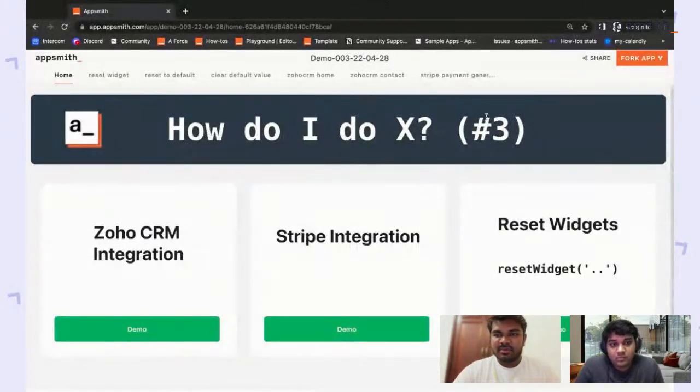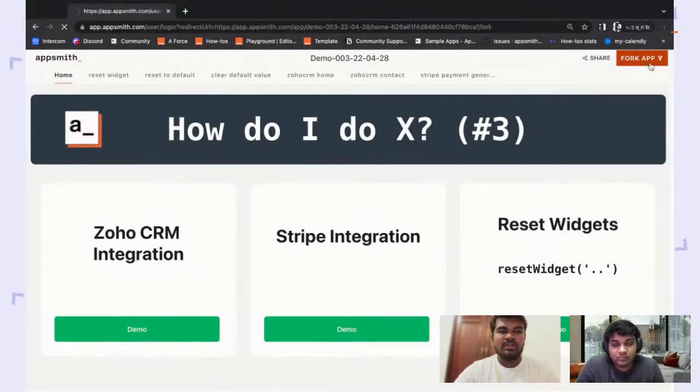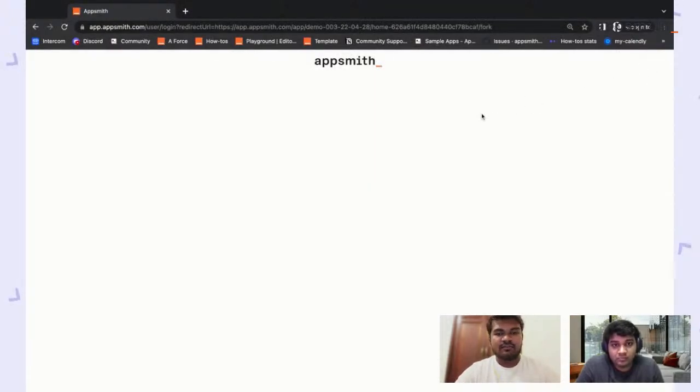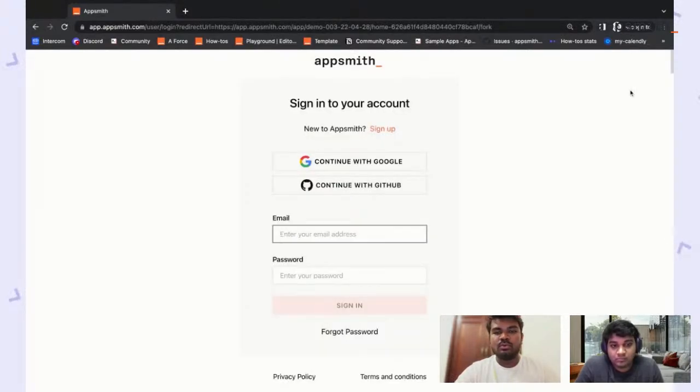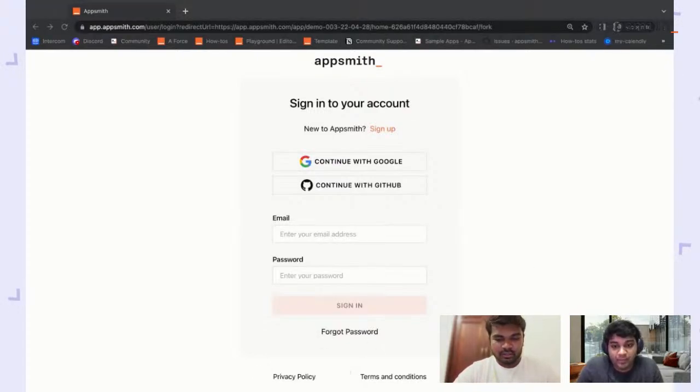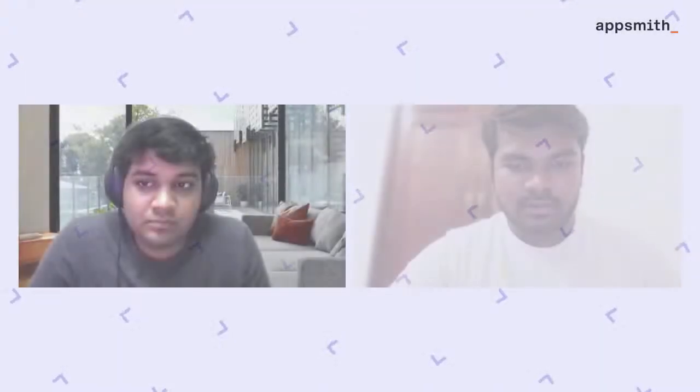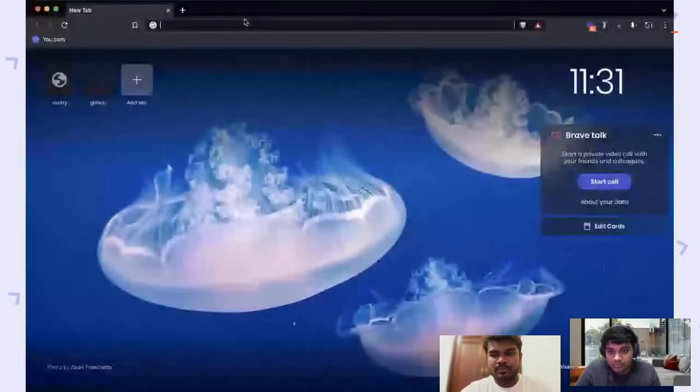There is a giant button over here which says Fork app, and once you click that, it will now take me to a sign up form, but this should take you to your app.appsmith.com dashboard, and from there you can select your own organization and then use it over there. So let me try and share another window, see if the other account works for this. Just bear with me here. Share, and if I paste it over here,